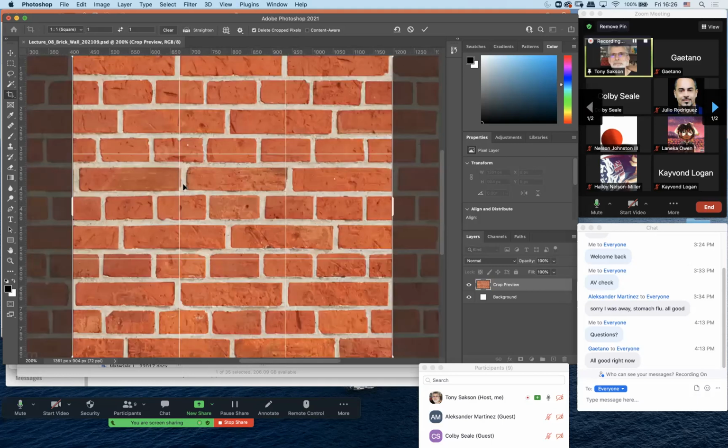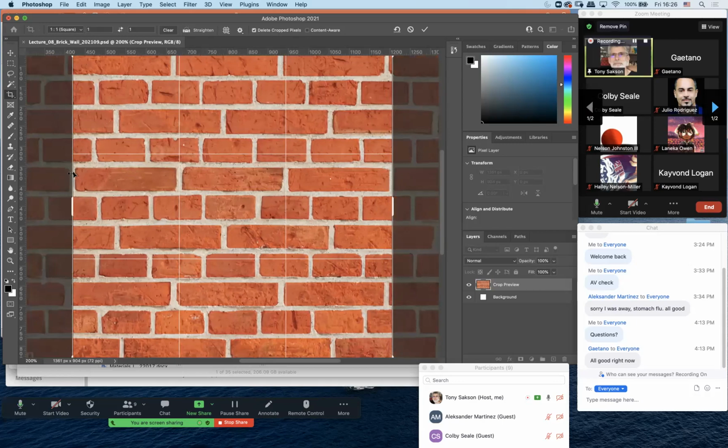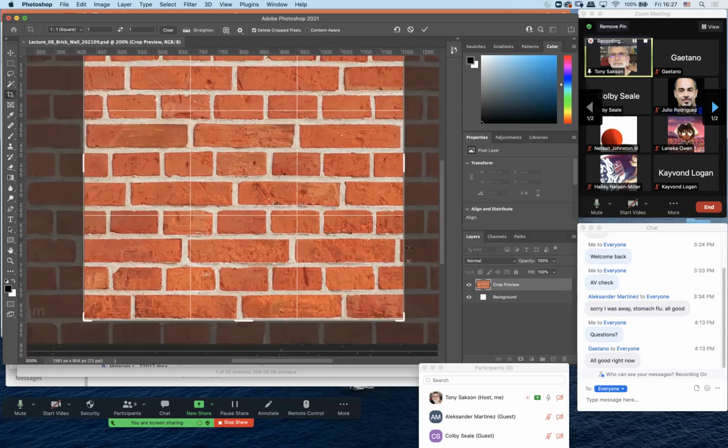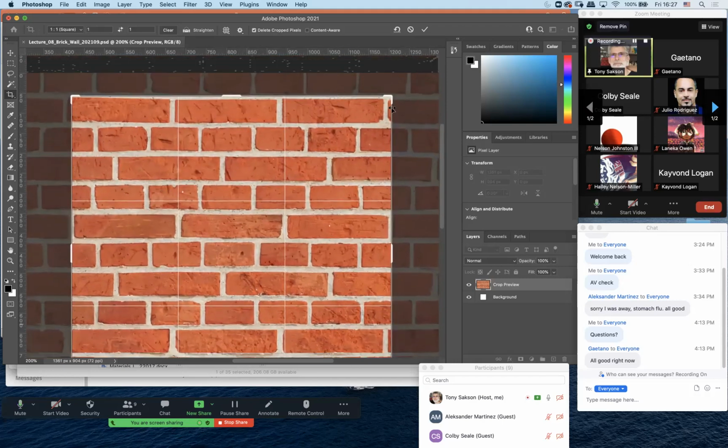Now, I like to zoom in because I like to see what's going on. So what I'm trying to do is get a little bit of grout here, a little bit of grout here. This piece of brick is going to be picked up and attached to this side. This little piece of brick is going to go at the end over here. This half will go over here. This piece will wind up over here. So